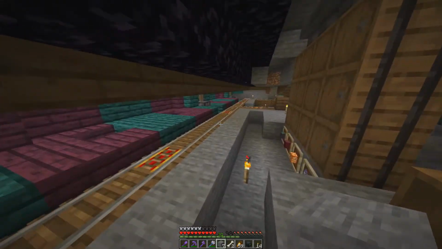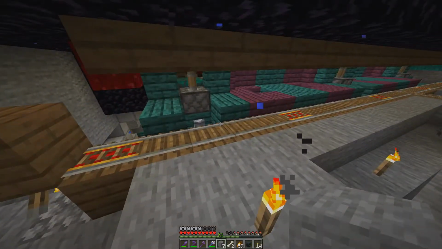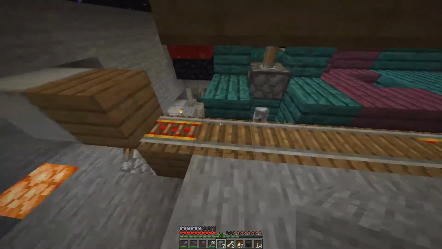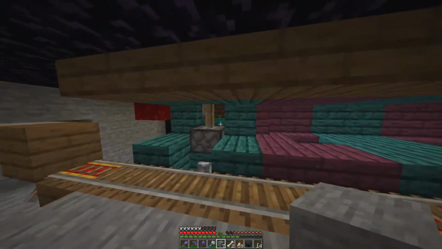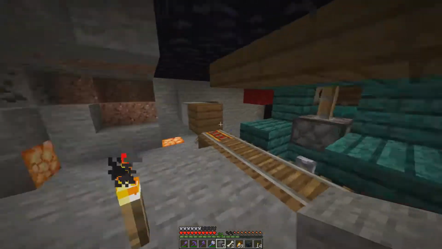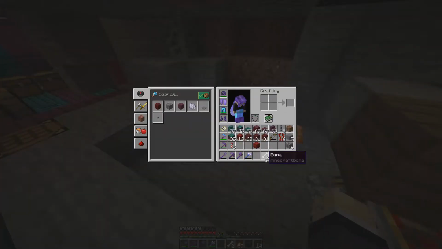I also want to redo this rail eventually. Maybe in 1.17 you can have rails underwater and the carts are slower, I think. Because sometimes you misplace one of these fungi and that annoys me. Even though it's really not a big deal, but...